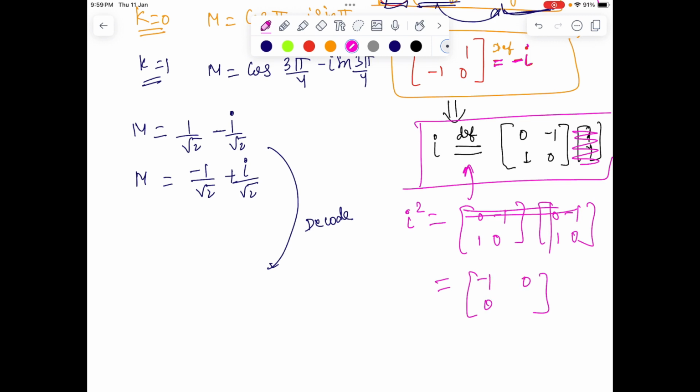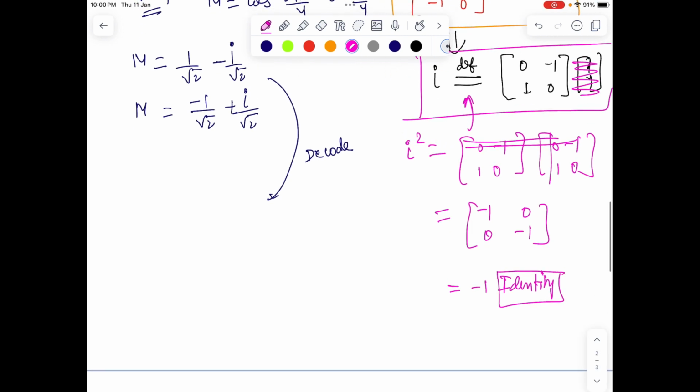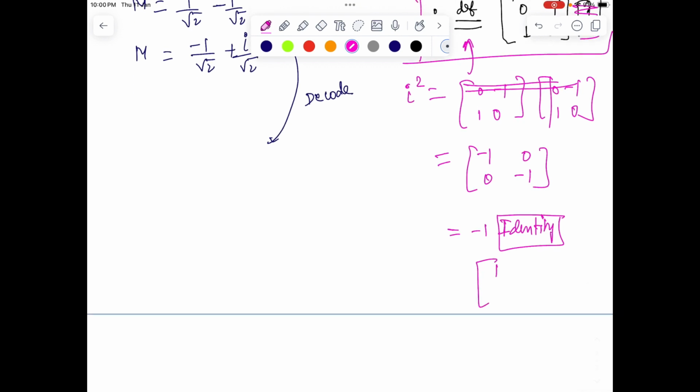So let's give a try for multiplication. Let's see what we're getting. So we have minus 1, 0, 0 and minus 1. And that's not so surprising, because it is minus 1 times just the identity matrix. Equivalently, if I represent i with the rotation matrix, the identity matrix is represented by, so basically 1 is